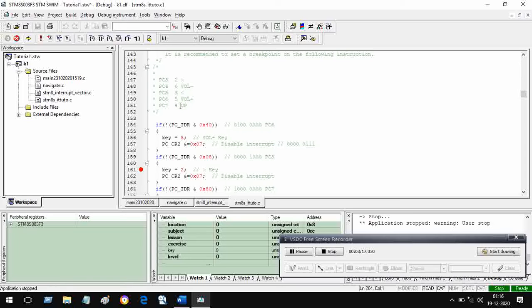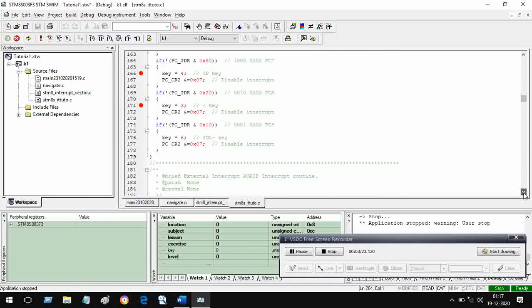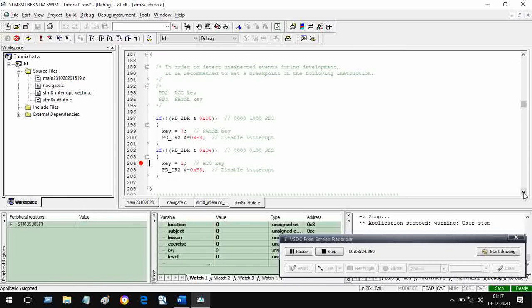Here 2, 3 and 4 are connected to the port C, and there is one key on the port D, key equal to 1, this is accept key, as I mentioned, shown you on the previous page.